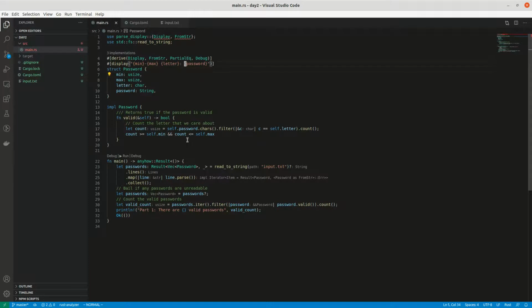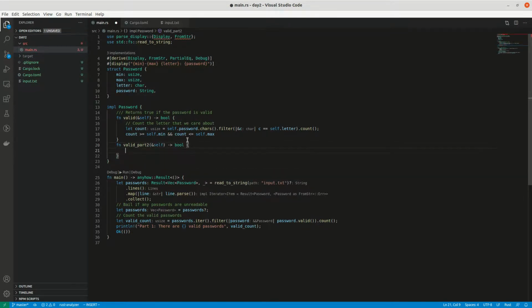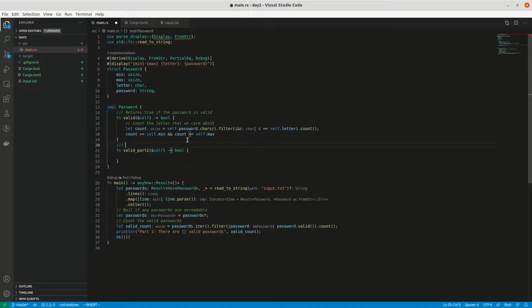Should I make the whole password different? Should I just fix this one? Should it handle both? Should handle both. Okay, I'm just gonna put fn valid part 2 and self. It's a similar thing. We just go okay, so we're gonna, in part 2, whatever, in part 2,